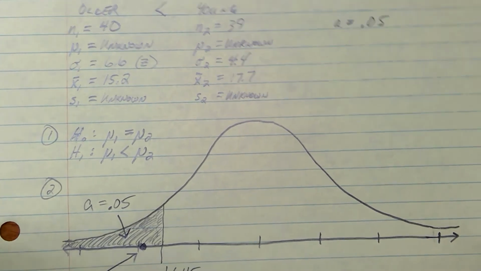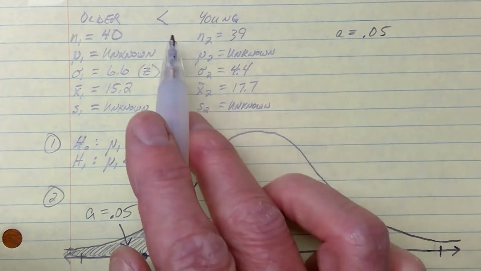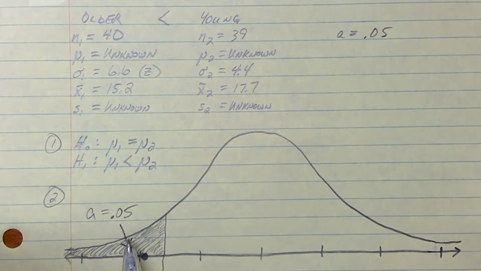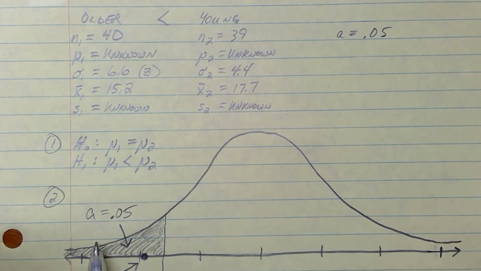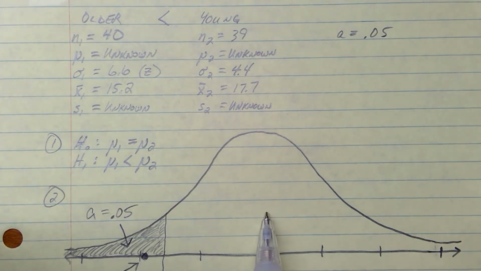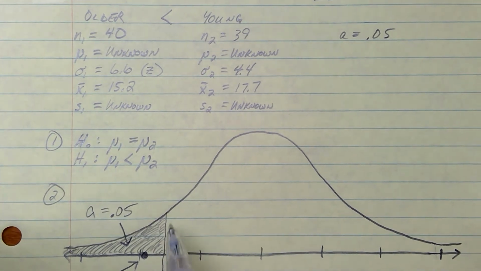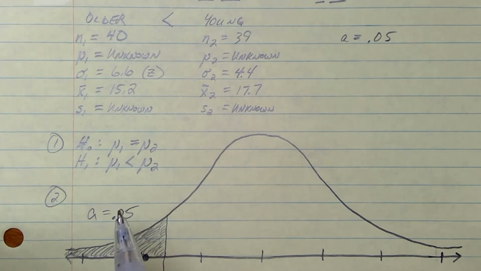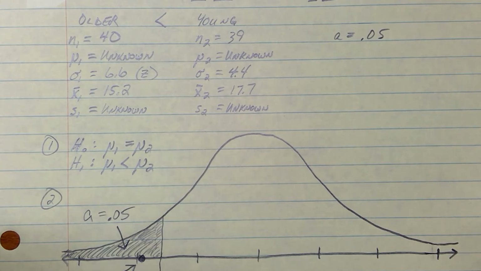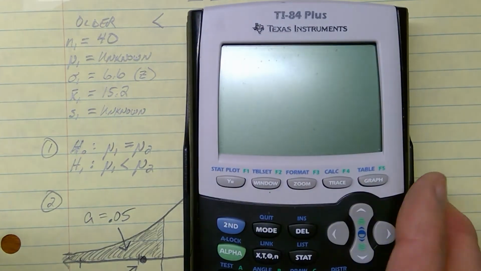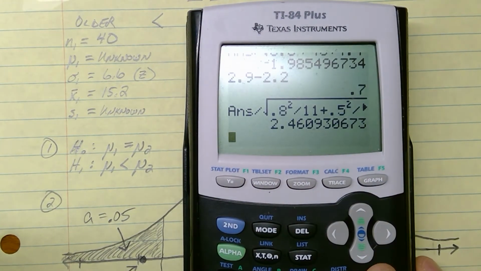Step 2, I usually draw a picture and I color my rejection region. Now this is a left-tailed test; less than is left-tailed. That means I'm going to shade 5% of the curve. So if this is 100%, I need to put 5% shaded and 95% not. I got to figure out what Z number I'm talking about here because I got to know where to draw this line. So I'm looking for the Z number that has 5% of the curve to the left. There are several ways of doing it. The quickest, easiest way, for you guys that like to use your calculator, is to go to